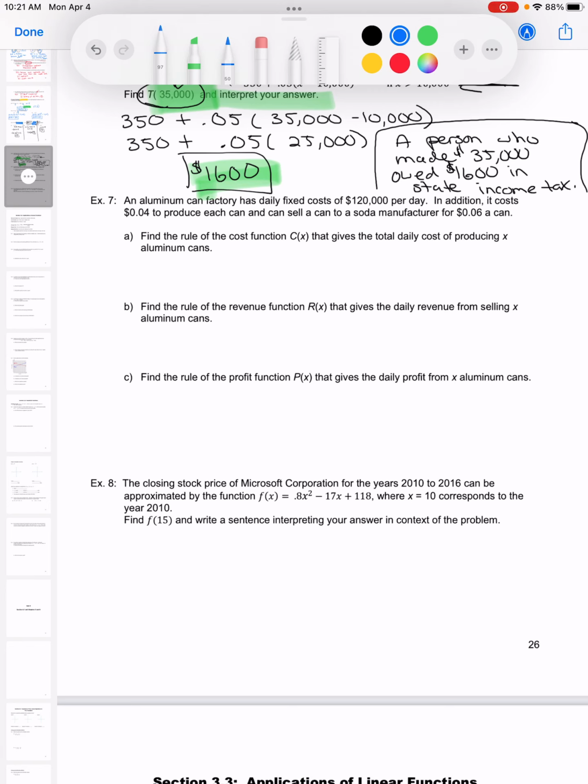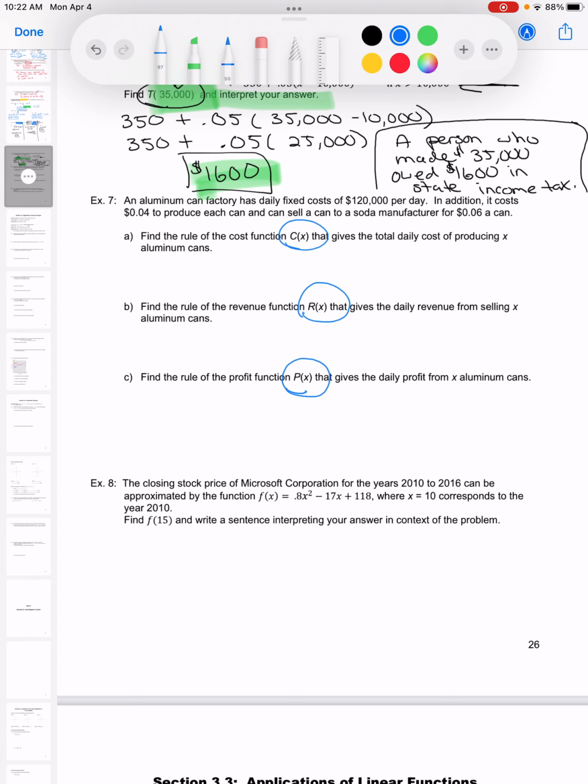Right, so our last little bit of functions in this section is to take this idea of functions and apply it to some things that we've actually already worked with. These first ones are to work with our cost, our revenue, and profit. That's going way back to what we started off this semester as. This time, we're just going to call it a cost function, a revenue function, and a profit function. So we'll see those written in function notation: C of X, R of X, and P of X. Instead of before, I just called them C, R, and P because we hadn't introduced what a function was yet. Now we know what it is, so I can write it the proper way, which is to write it as